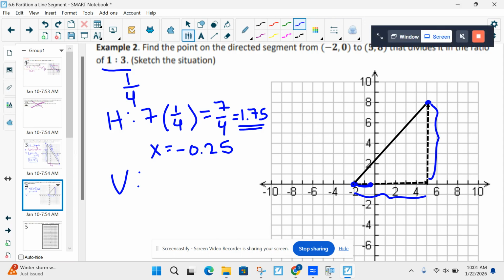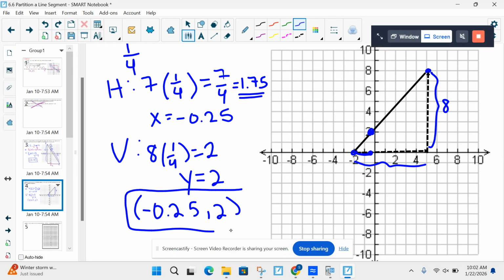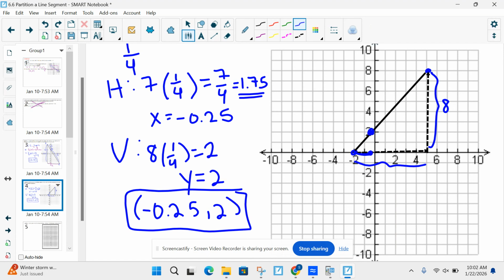So if this is 8, that's a little bit easier. 8 times 1/4 is 2. That just means it's going to be 2 units up. So y is equal to 2. And the coordinate then will be -0.25, 2. I guess that one is kind of tricky because it's decimals, but